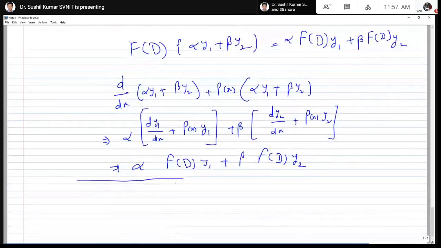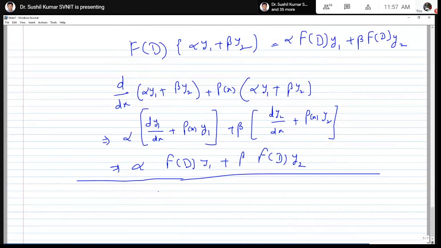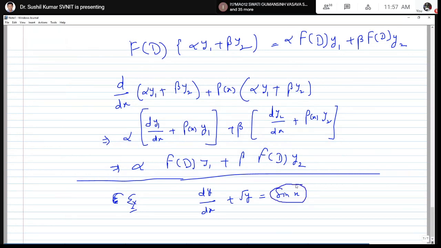So the simple way is, let us consider one equation: dy over dx plus root y equal to sin x. Okay, let's consider this equation. So this is the free term. Whether it is sin x, cos x, x to the power x, 0, or a constant, it will not have any effect on the linear differential equation. Linearity of a differential equation will be defined only by these terms containing the dependent variable and its derivative. So we have to consider only this part.